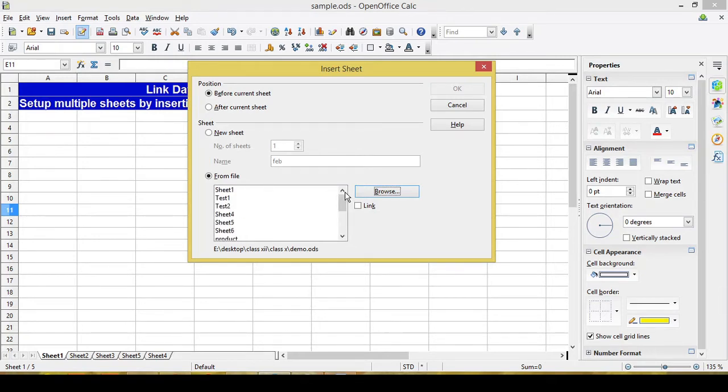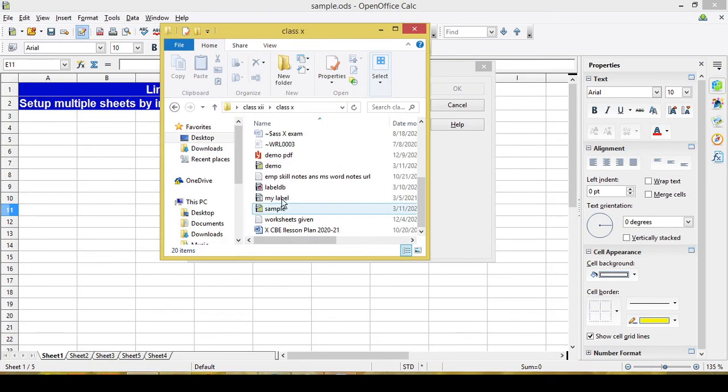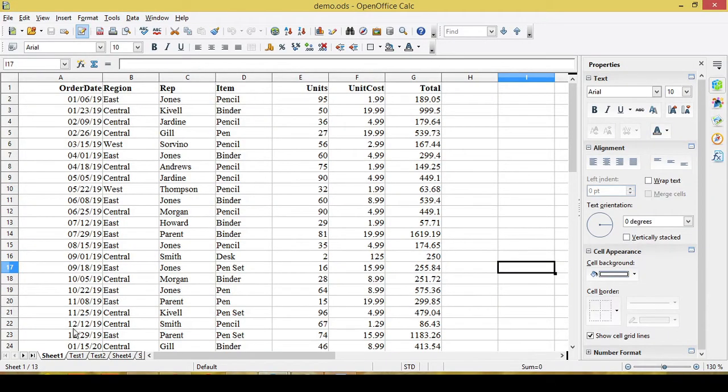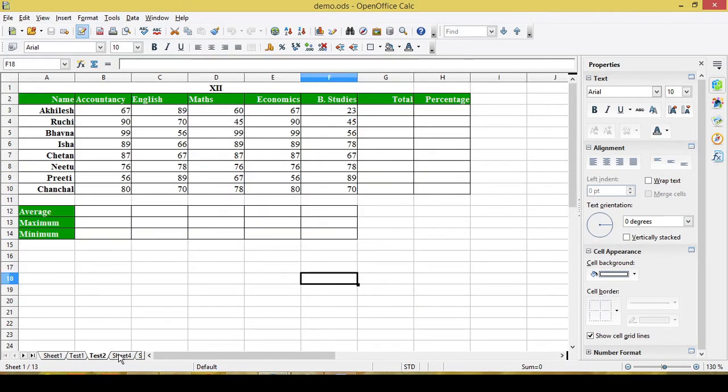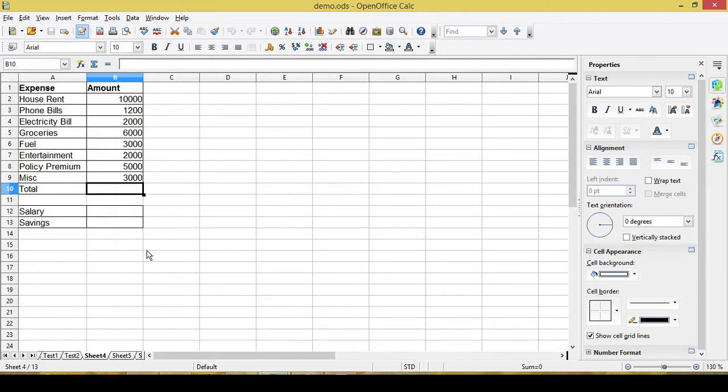Let me first open the workbook or the file from my folder. So this is the demo file. Now you can see there are so many sheets: sheet 1, test 1, test 2, sheet 4. So here what I'll do is I will insert this sheet 4 which has this expense and amount.